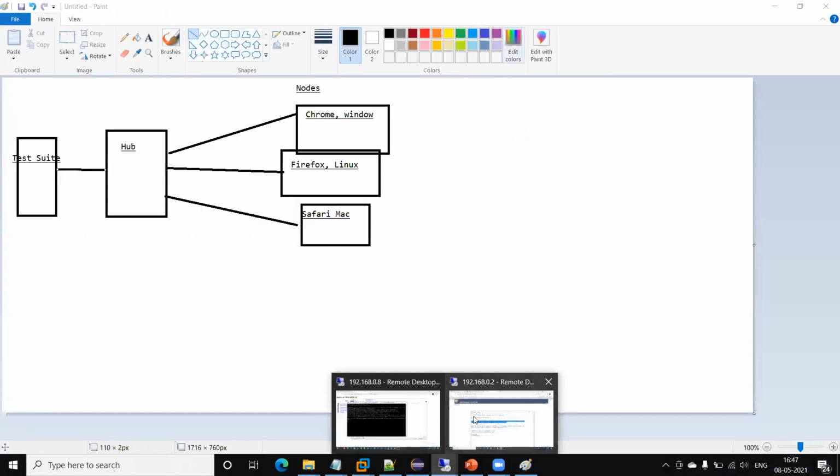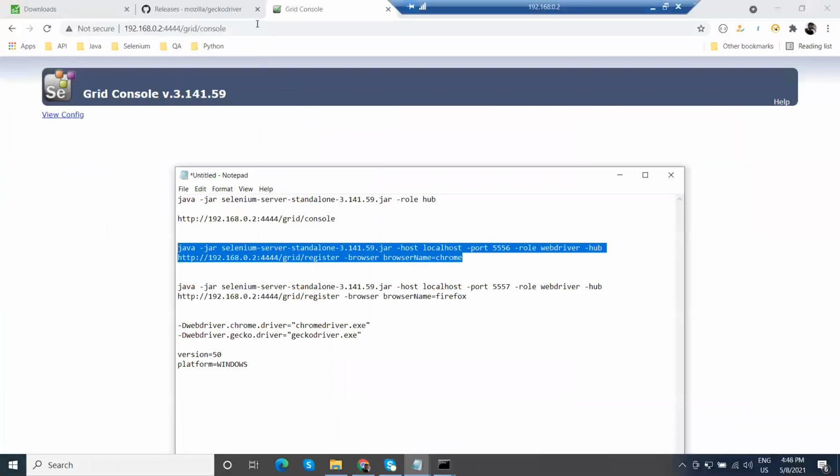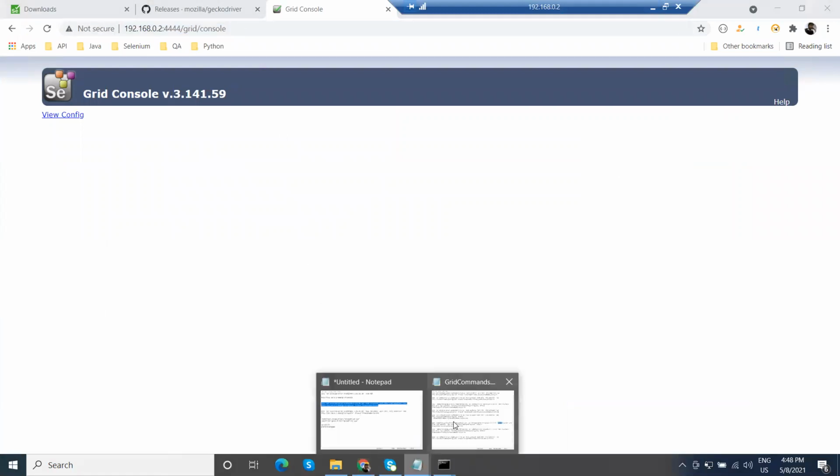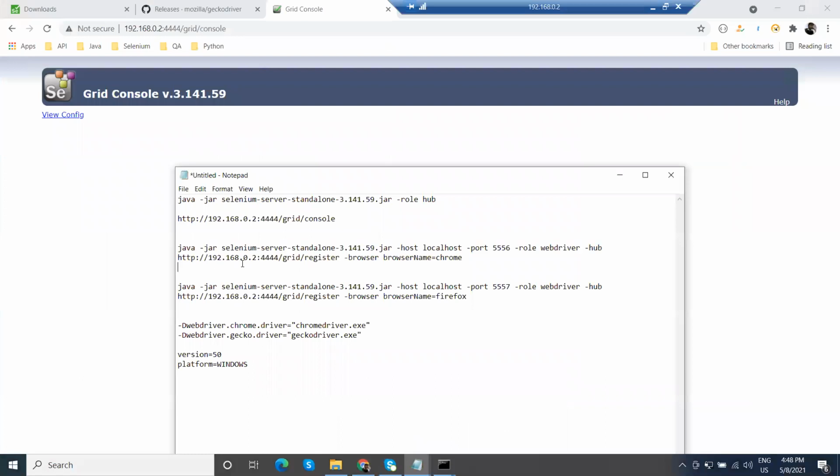If I go to this machine, what information do we need to pass here? We need to pass java -jar, the Selenium standalone jar file, host as localhost or the IP address of that machine, port number, role WebDriver, hub equal to the URL of the hub, right?